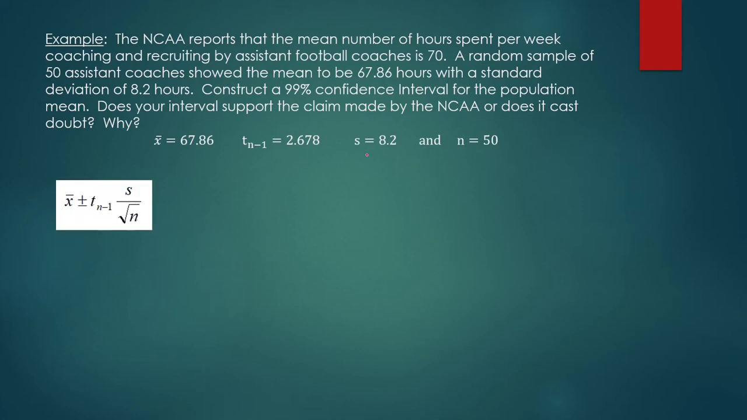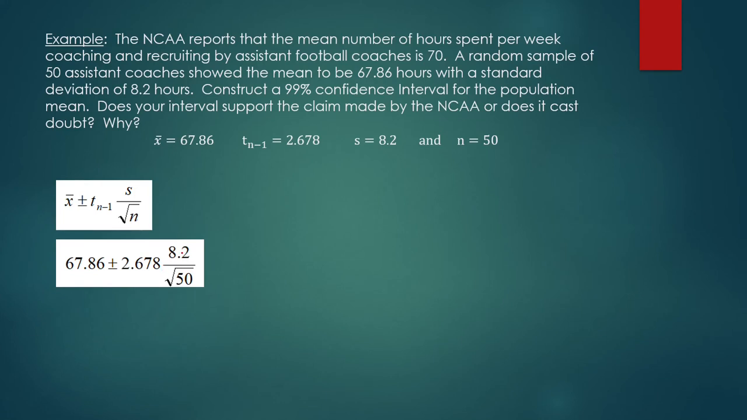So we're going to plug in everything into the formula. And I have 67.86 plus or minus 2.678 times 8.2 divided by the square root of 50. Now when you're doing this, always calculate the right side with the calculator first. And that gives us 67.86 plus or minus